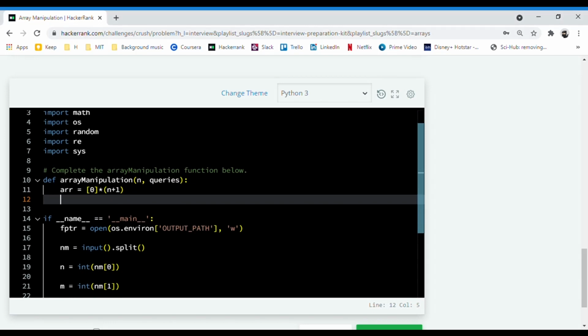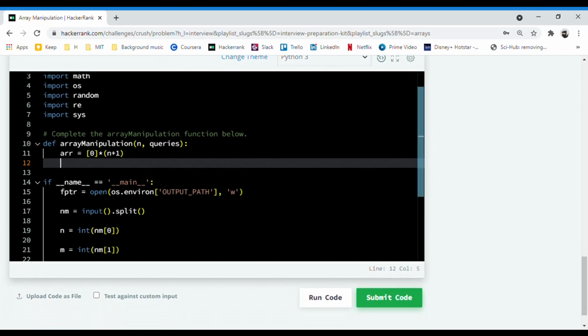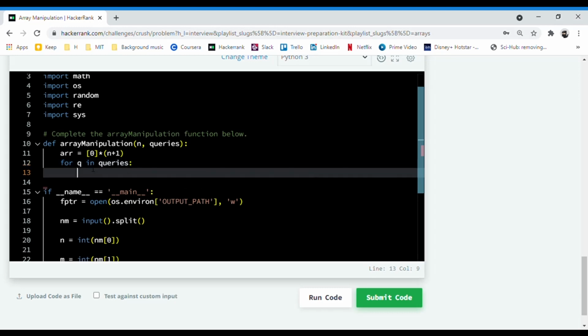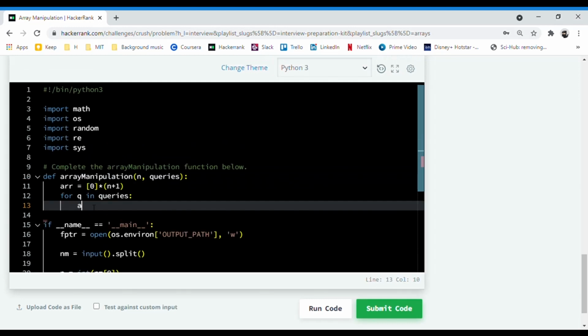As we know, the first element of the query will always be a, the second would always be b, and the third would always be k. So let's extract that, putting it in a for loop. So for q in queries, q is the query inside the list queries, which contains a, b, and k.